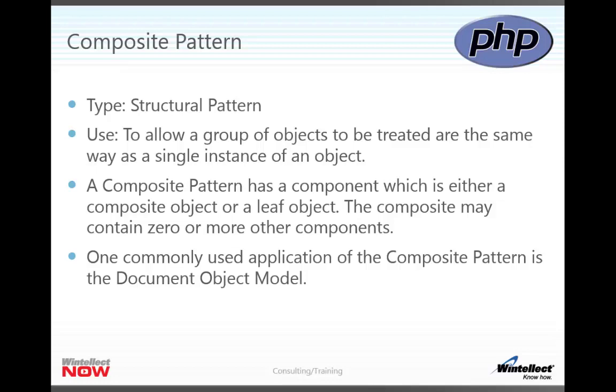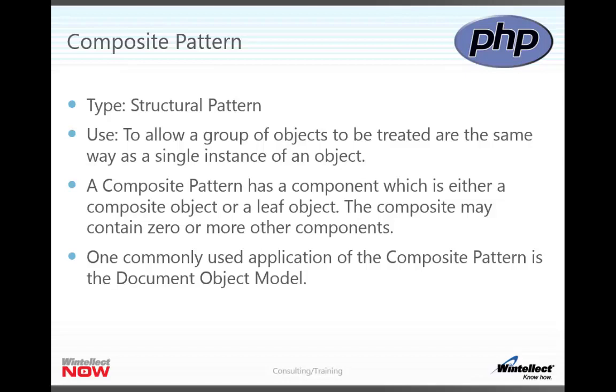One classic example of this is the document object model. If you're familiar with the document object model and how it works, you know that it has leaf nodes such as image tags, for instance, and it might have container nodes such as divs. So you might have a div that has several images in it. Well, the images would be the leaf nodes, and the div would be the parent node, or would be the composite object in that instance. So you have the composite pattern employed in the document object model as well. So you can see how you have the ability to treat the composite objects and the leaf objects as if they were the same object. The only difference is one has multiple instances of it.